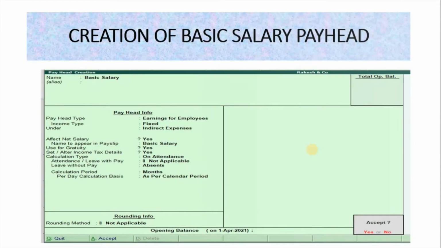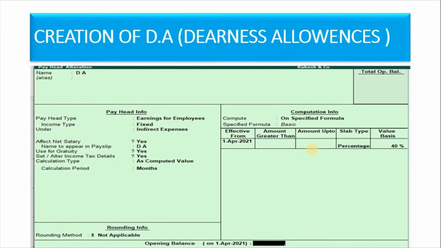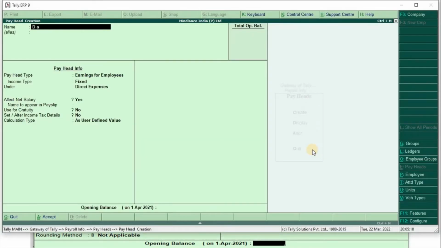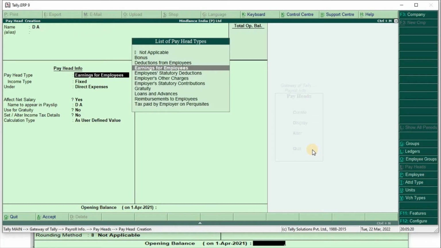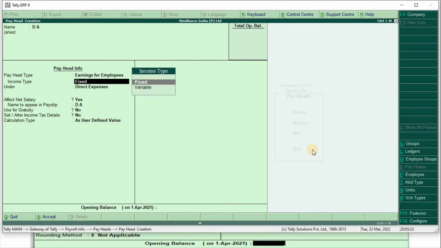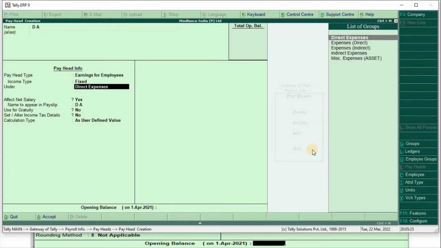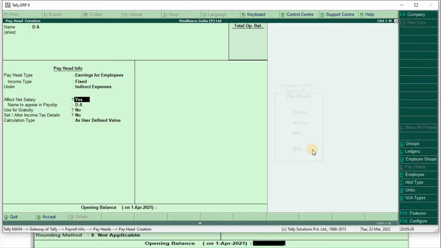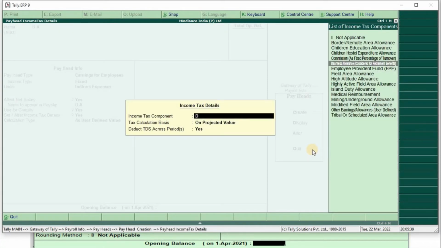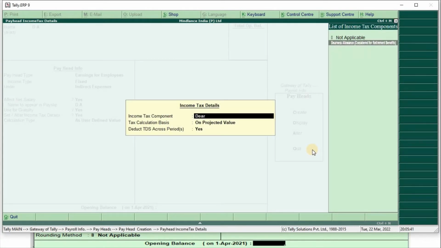So next one, DA. DA, pay head type, earning for employees. Income type, fixed. Under indirect expenses, affect net salary, yes. Name to appear in payslip, DA. Use for gratuity, yes. Set alter income tax detail, yes. Select dearness allowances in the list of income tax component